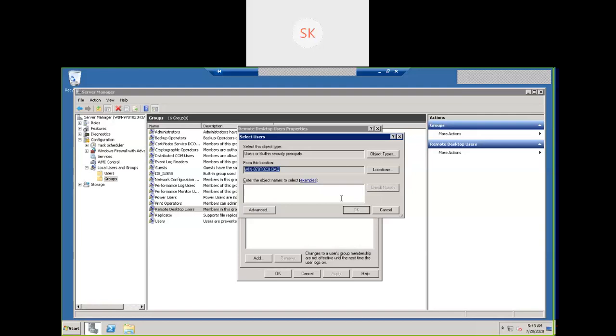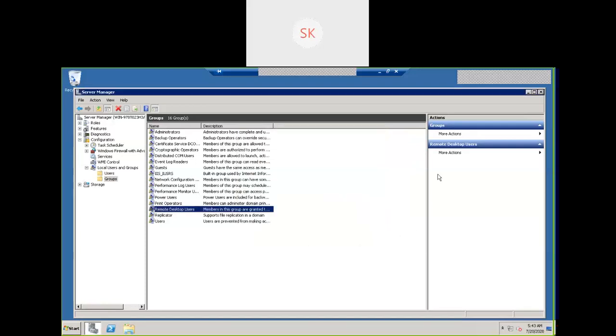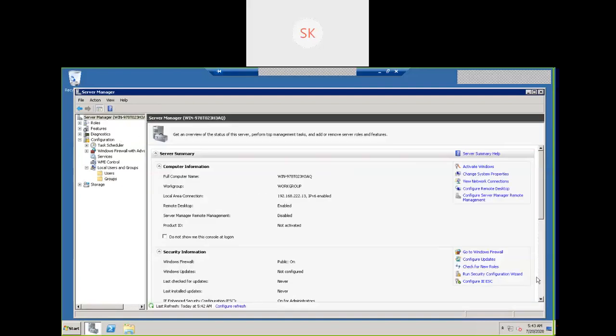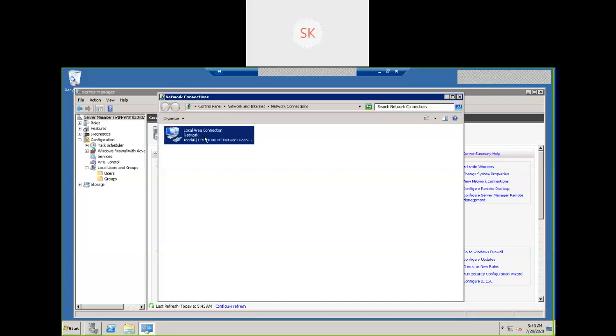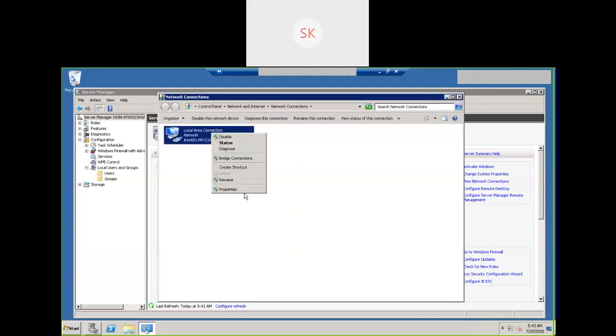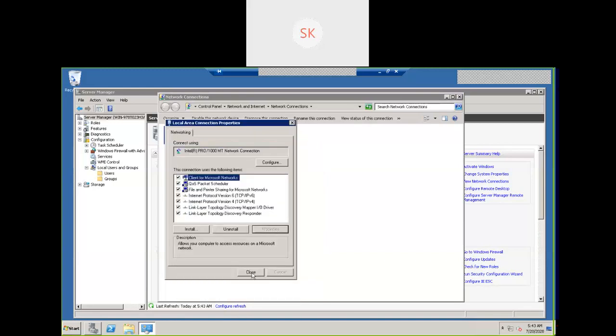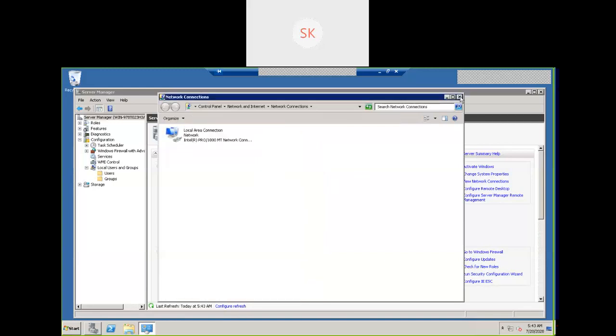Okay, we'll do it once. Click cancel, change the system name to something, check the domain DNS setting. What is the DNS? Today we are going to complete these AD concepts. A little more is there: OU, organizational units, and one more command, ntdsutil. Properties, set the IP address 10.10. Click OK. My AD server is 10.10. That's what I mentioned, IP address 10, DNS server IP address is 10.